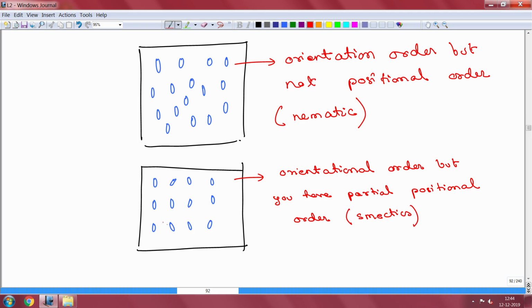And although here in the drawing it would seem as if the positional order is significant, this is just a cross sectional view. So, usually the partial positional order comes from slight positional order in one of the dimensions, but in the other two dimensions the positional order is not there, it is random, the distribution is random. Okay. So, this is a cross section in a dimension where the partial positional order is there, but let us just remember that in the other two dimensions it is not there.